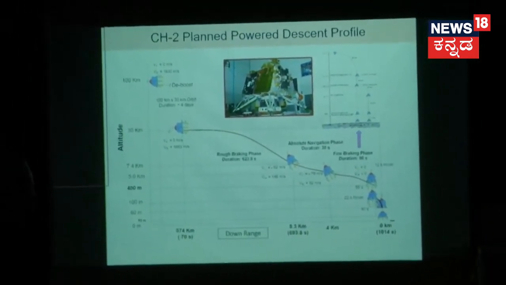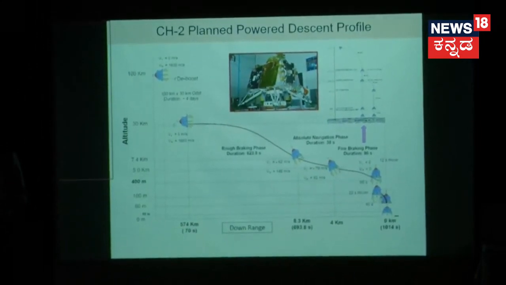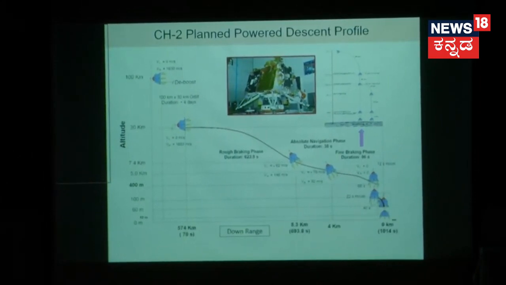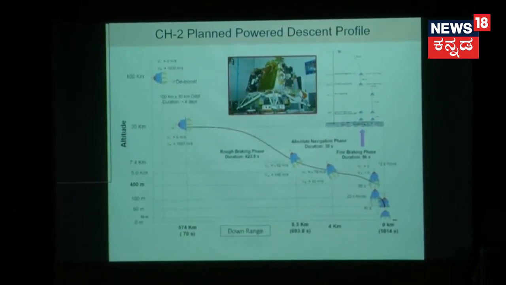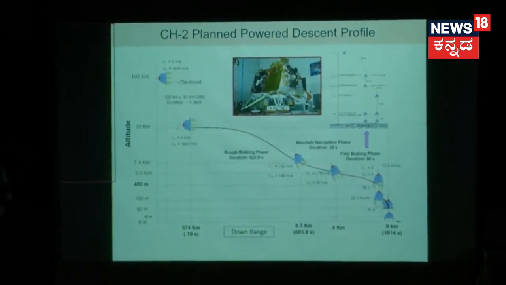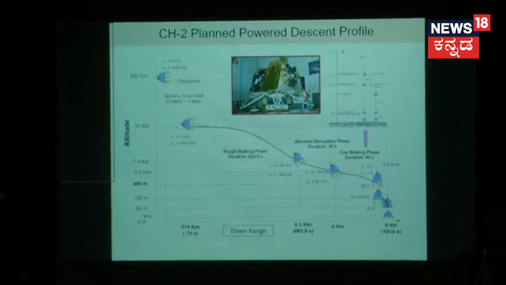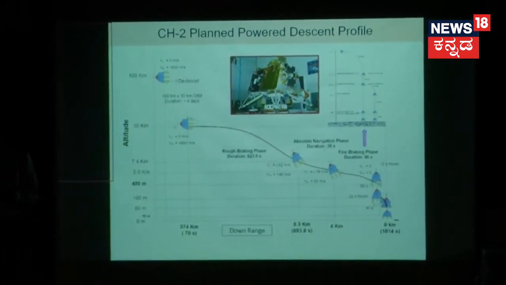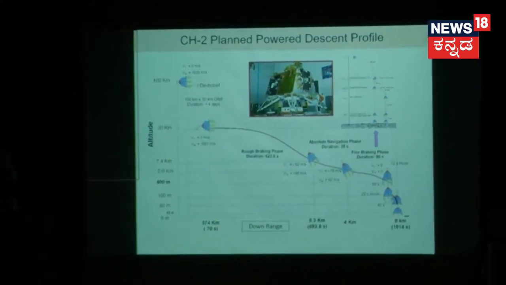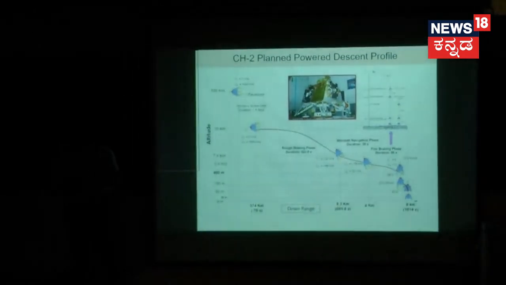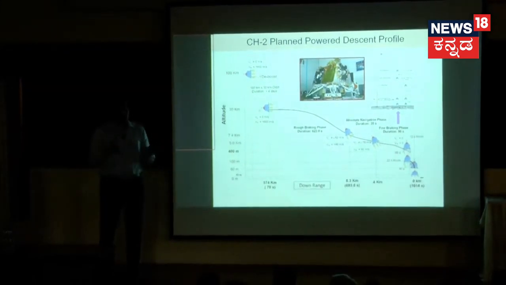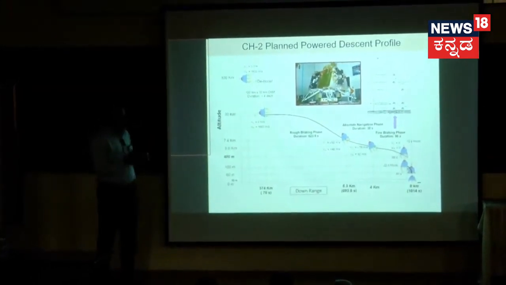Any orbital object has tangential velocity with respect to the body about which it is orbiting. But ultimately, it has to land vertically. So there will be a vertical velocity, because gravity pulls it down all the time. The moment you reduce the horizontal velocity, it will fall like a stone. And if you want to stop it, you need to give an opposite-direction velocity. So the whole process of killing the velocity is a continuous process in which both vertical and horizontal velocities are to be killed in a controlled manner, so as to reach the point where it has zero horizontal velocity and zero vertical velocity, or a reasonably low value of vertical velocity, and absolutely no horizontal velocity. So this is the trick, and how to do it.